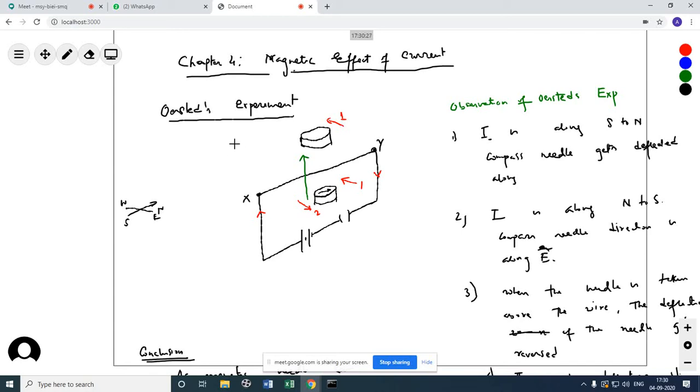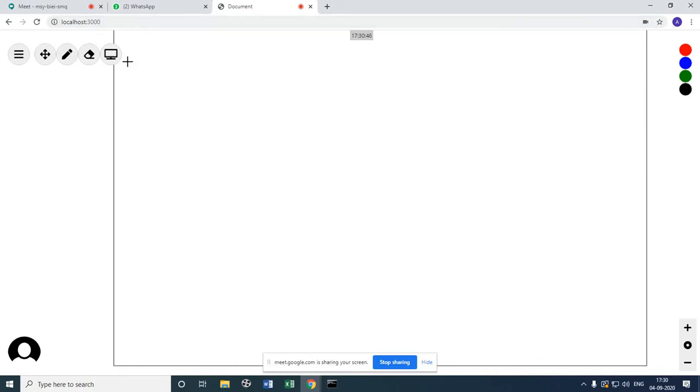But this is just the experimental observation and the conclusion based on that. Now, if the wire is 2 meters long, if the wire is in the form of a square, if it is in the form of a coil, then also there is a magnetic field, and if there is a magnetic field, how much is that? How much current will produce it? These things could not be answered from this experiment, right? Hence comes the Biot-Savart's law.